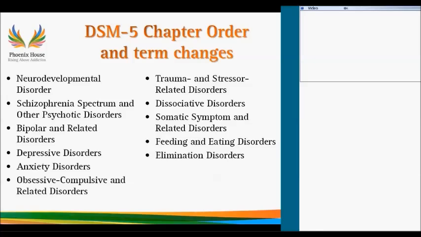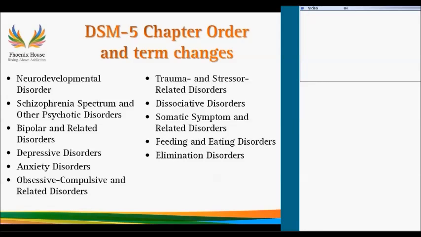The next chapter is a new chapter, trauma and stressor-related disorders. I was pleased, as someone who has studied the DSM for quite a few years, that the American Psychiatric Association finally made trauma and stressor-related disorders different from anxiety. And for those of you who treat trauma and stress, I'm sure you'll have the same appreciation for it as I have. One of the things I want to mention here is that along with PTSD and acute stress disorder, the title of this chapter, Trauma and Stressor-Related Disorders, it also includes adjustment disorders. So adjustment disorders no longer have their own unique chapter and are now included in this one. Dissociative disorders remains the same.